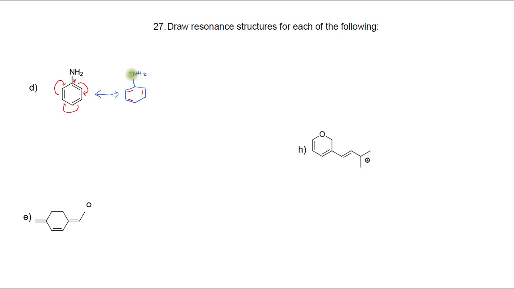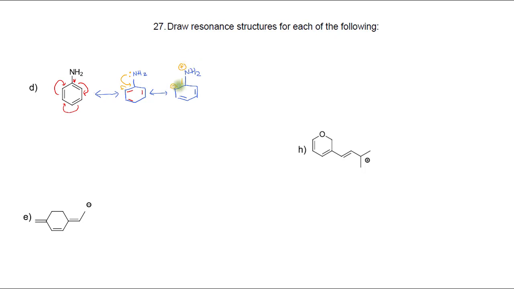We can do a resonance structure where these electrons come in to form that double bond, and the electrons from this 5 bond is going to go on to that carbon. Sorry, that's kind of tiny there. So I've created a double bond here, which means my nitrogen is positively charged, and then I'll have a negative